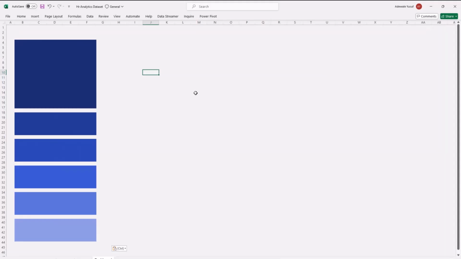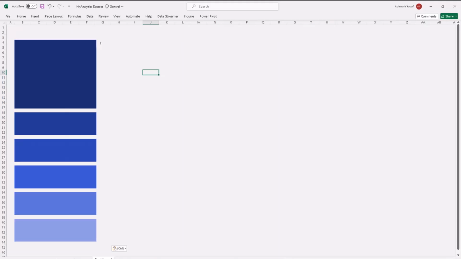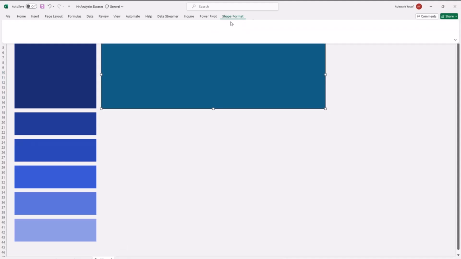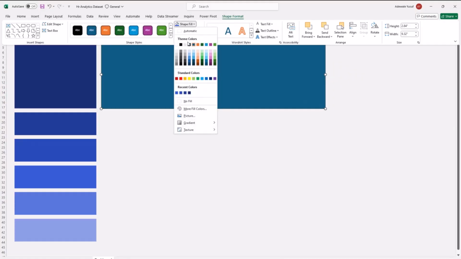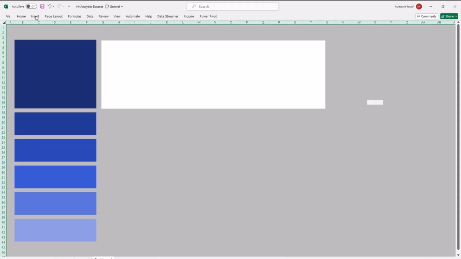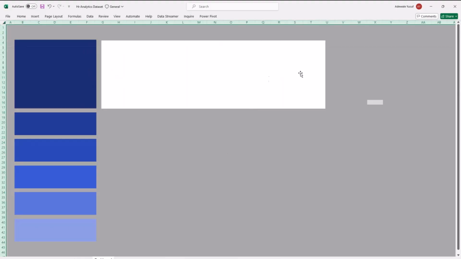The next thing I'm going to do is put where I want some other charts to be. So if I go to insert again, and go to shape, and from shape, I'll select this rectangular shape. I draw it like this. I want a shape to be here, and I don't want it to have any outline. I'll say no outline, and I'll say the shape fill should be white. So I want a white shape here, right? Then I think my background color is not coming out well, so let me highlight it again and use the second option, which is this one here, so that I can see the white very well.